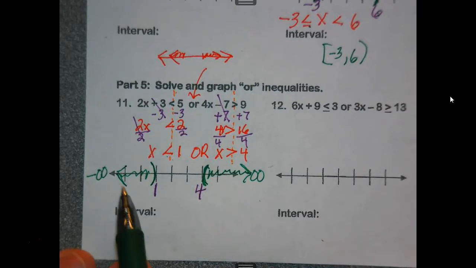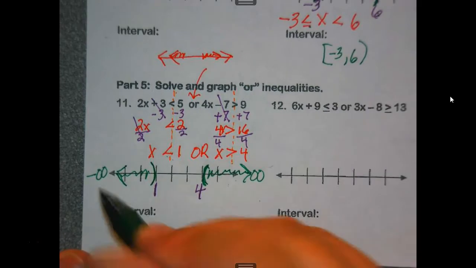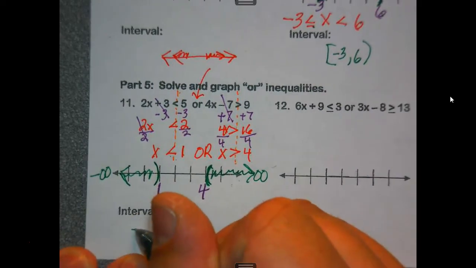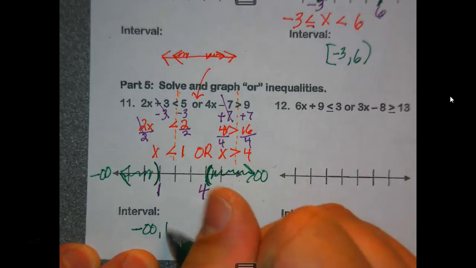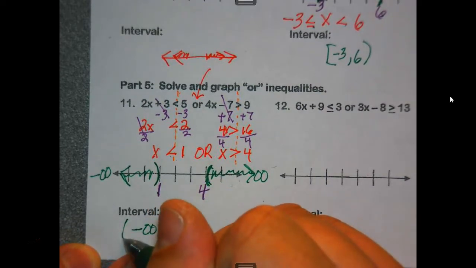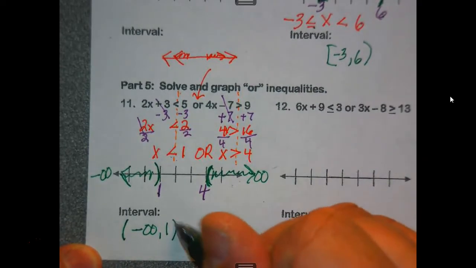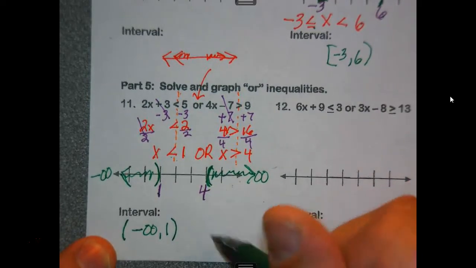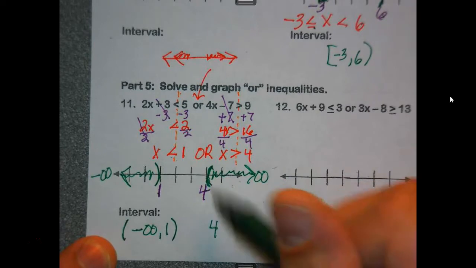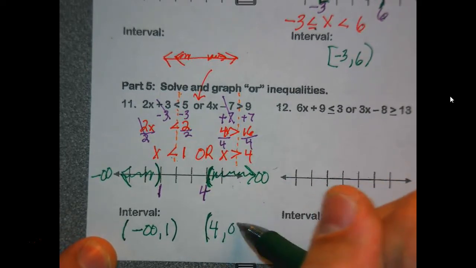Interval. Well, I need two intervals because there's two separate ones, right? So I have negative infinity, comma, 1. Infinities always get parenthesis. The 1 has a parenthesis. My 4 has a parenthesis, smaller number, larger number, positive infinity,